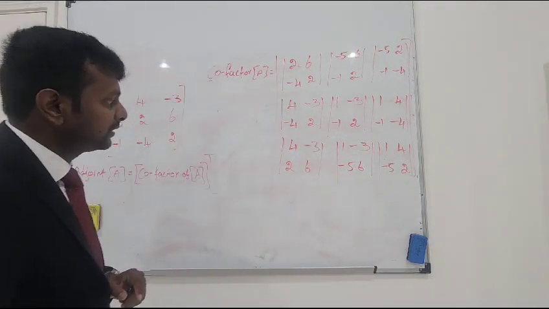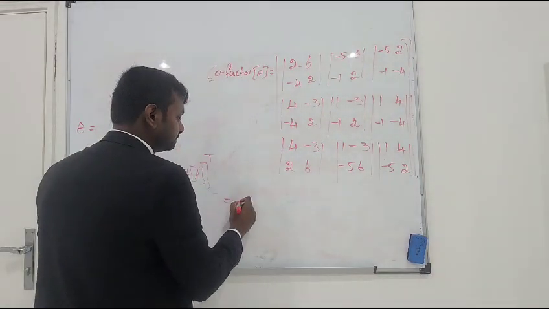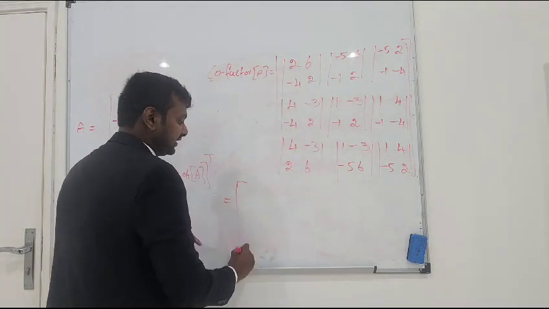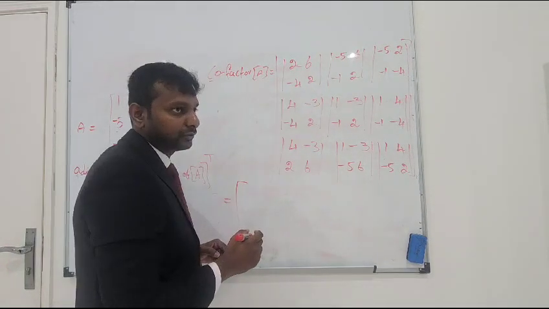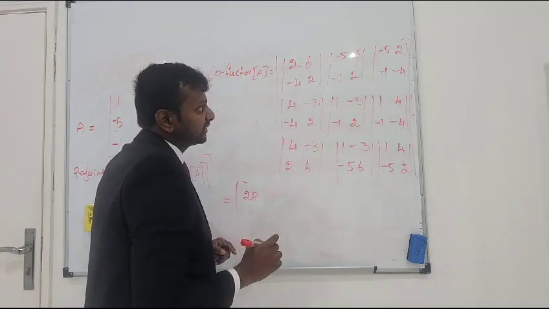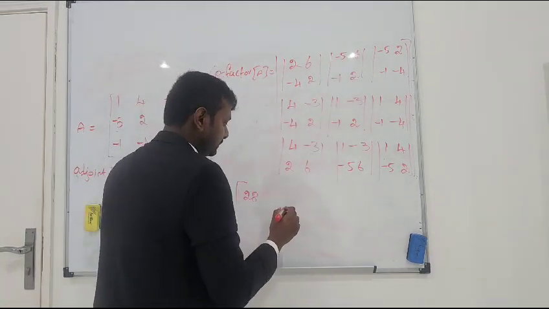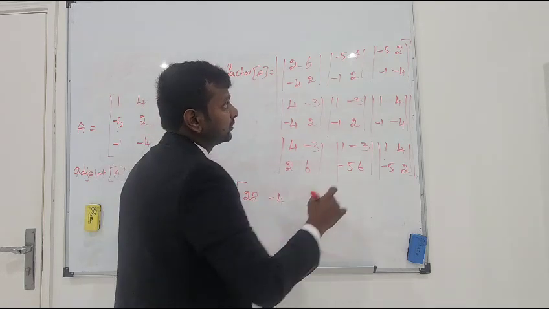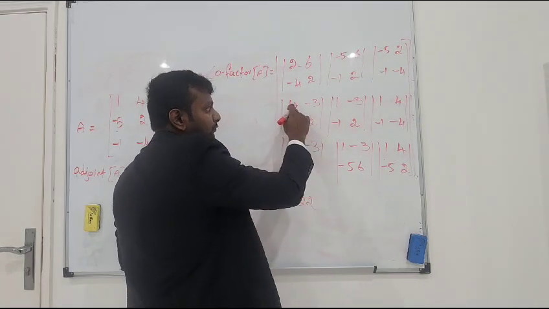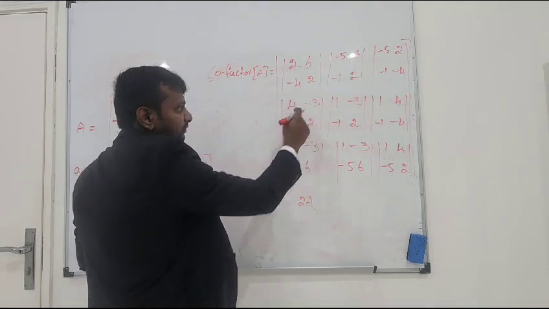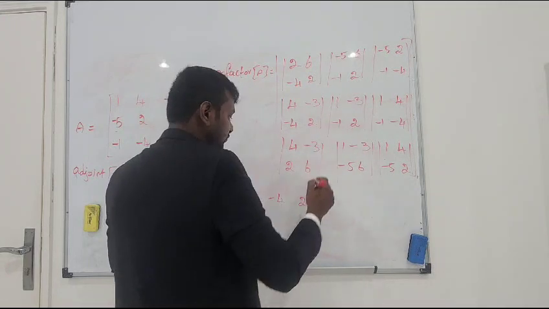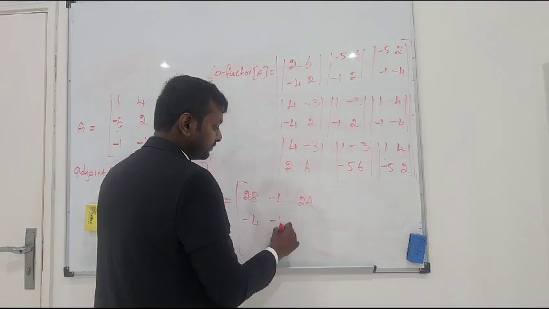Now, as per the general rule, we find the determinants. 2 2s are 4, minus of 24, so it will be plus 24 plus 4, which is plus 28. 5 2s are 10, minus 10, then minus into minus 10 plus 6, so it will be minus 4. This 20 plus 2 is 22. 4 into 2 is 8, minus of 12, so minus 4. 1 into 2 is 2, minus of 3, so 2 minus 3 is minus 1.